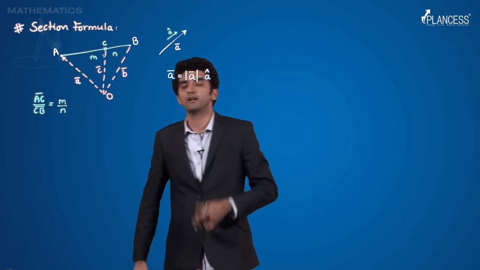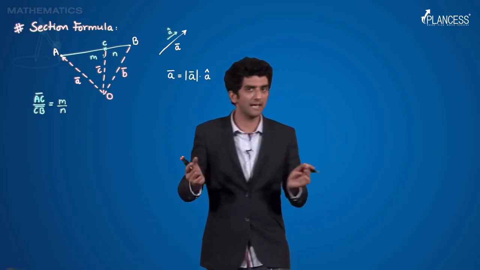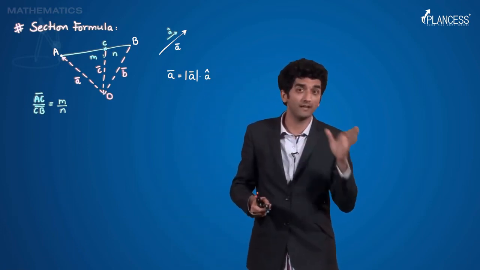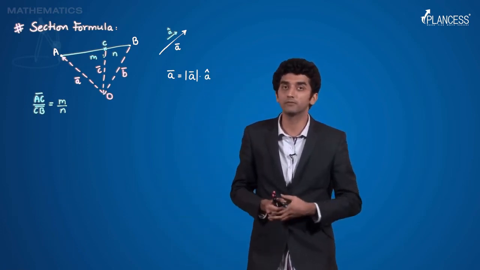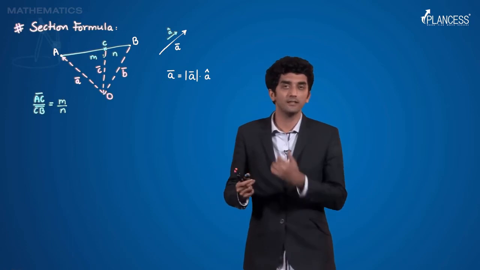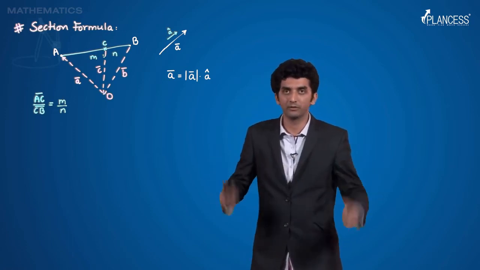For example, let's say if you have a cap as i cap. i cap is the standard unit vector which represents the positive x-axis direction. This is something that we have learned. When I multiply 5 to it, I get a vector 5 i cap. That means I am getting a vector in the direction of the positive x-axis of magnitude 5 units, right?